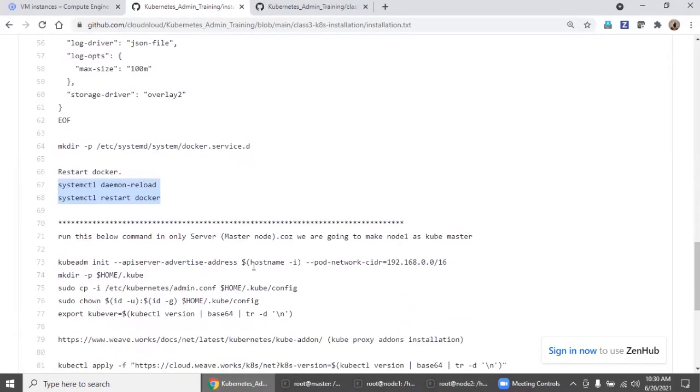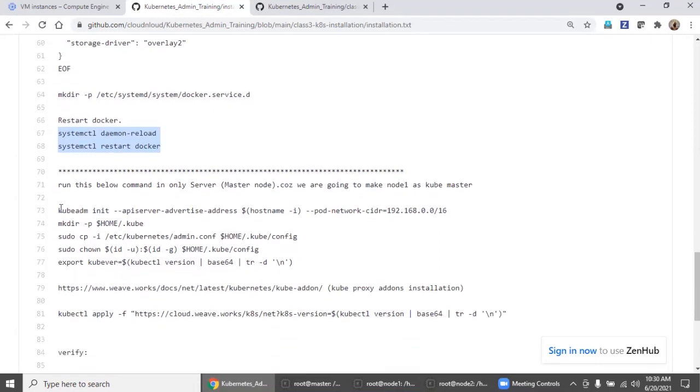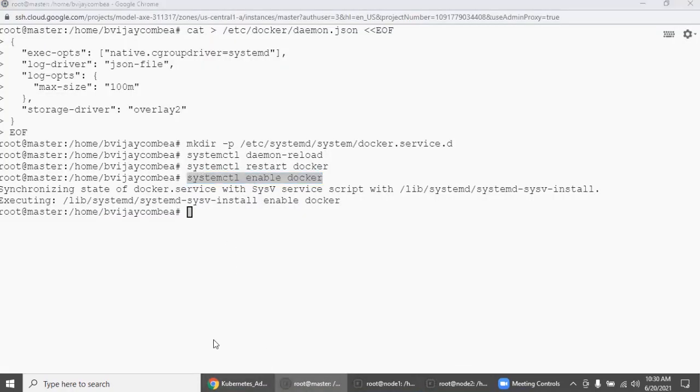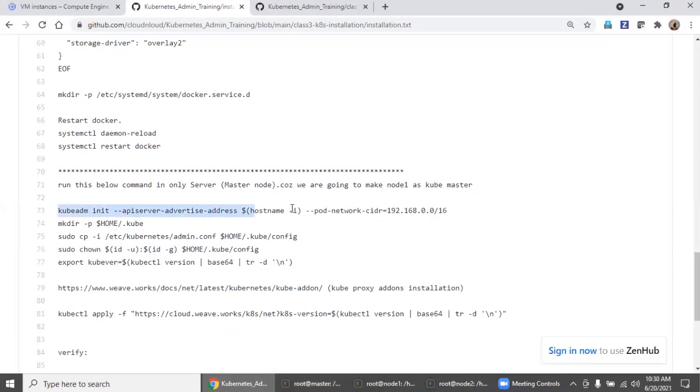Okay, now we come to the common machine steps. Now these steps we need to run on one machine, which is the master node. What is our master? This is our master, right? So copy this.